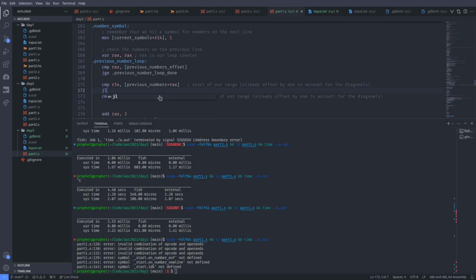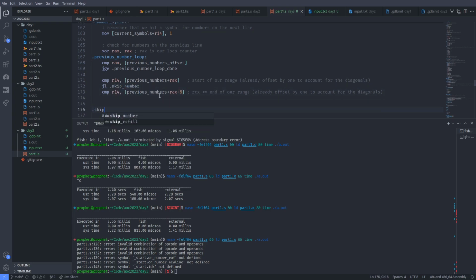So if we are JL, then let's skip number. And if we are greater than the end index, then we can skip this number. And otherwise,